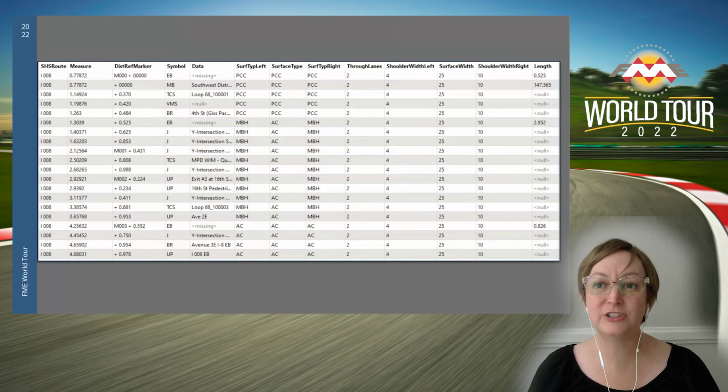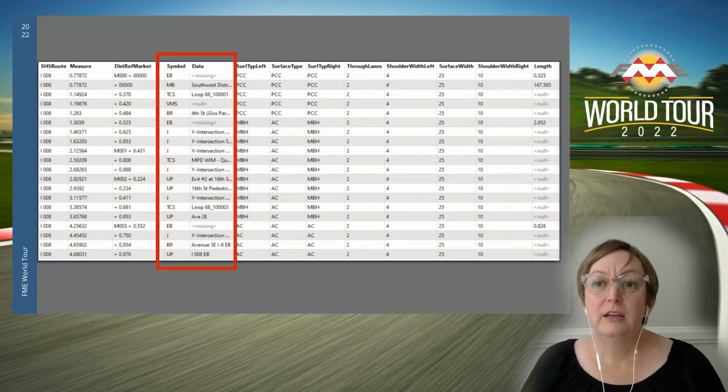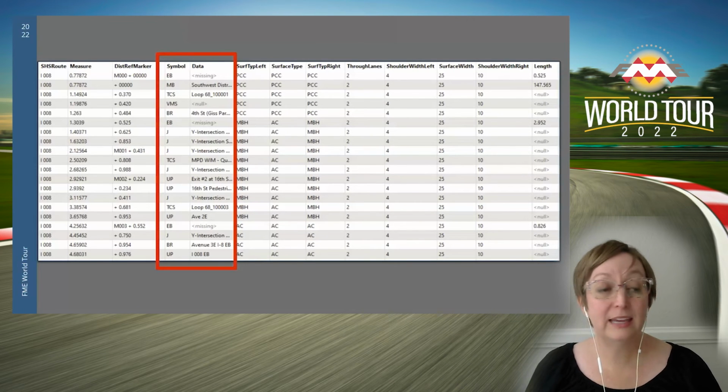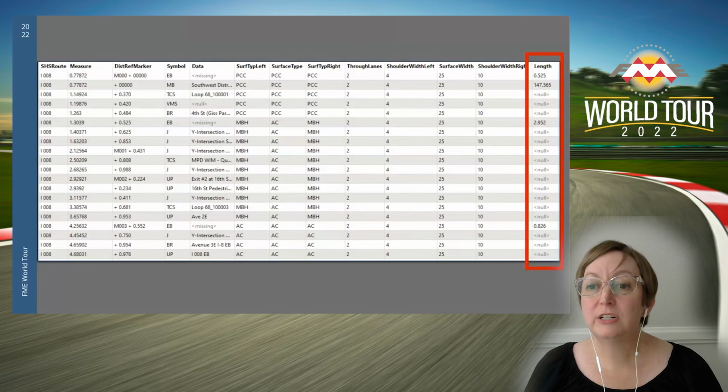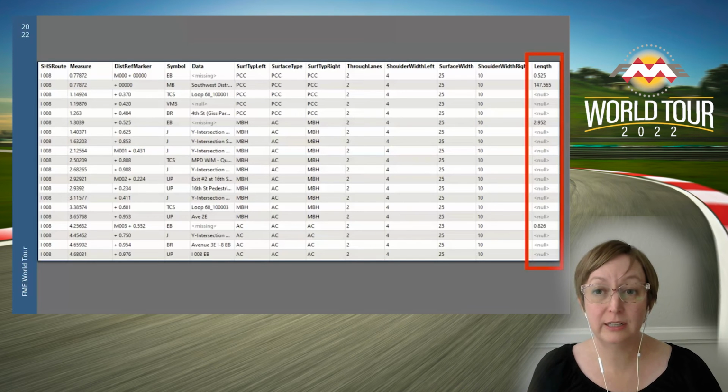This screenshot illustrates the final attribute schema. The various points, not full coverage feature classes, and polygons are captured with the symbol and data columns. Every segment of roadway contains these attributes that were derived from the full coverage feature classes. The features that have null length values were derived from feature classes that have true point geometry.